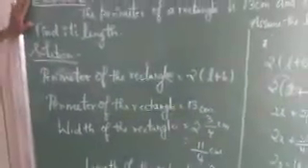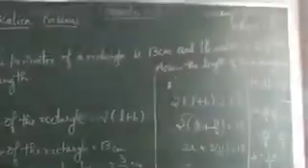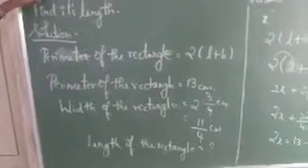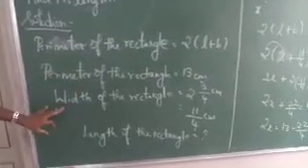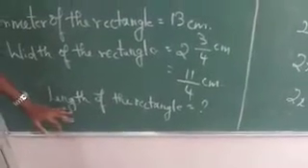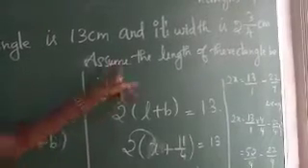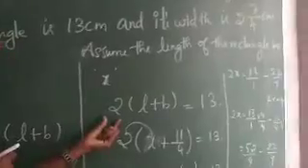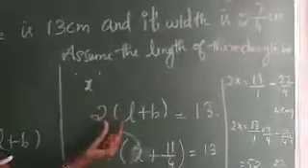So see here once again, the perimeter of a rectangle is 13 centimeter and the width is 3 3/4 centimeter. Find its length. What is given is the value of the perimeter of the rectangle as 13 centimeter and the width as 3 3/4 centimeter. So first you convert this mixed fraction into improper fraction, then you will get 11 by 4 centimeter. What they are asking is you have to find the length of the rectangle. We don't know the length of the rectangle, so let us assume the length of the rectangle be x. Now what is the formula for the perimeter of the rectangle? 2 into (L plus B).